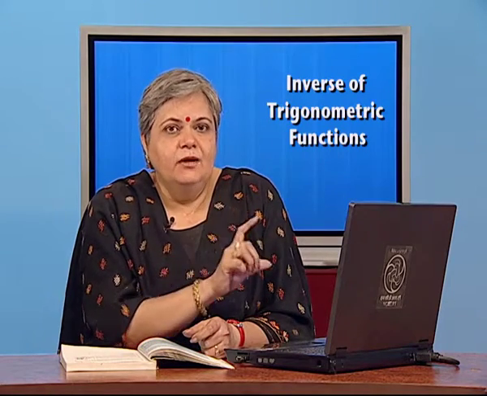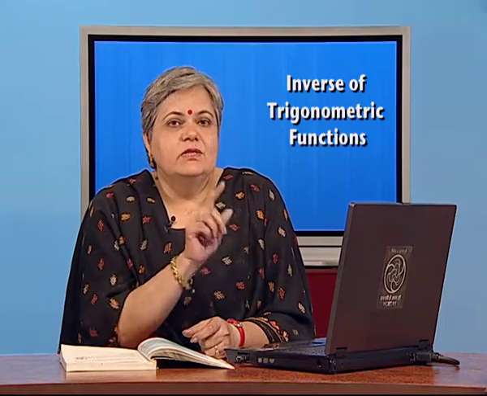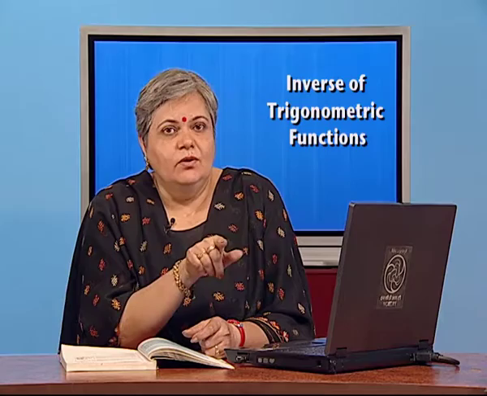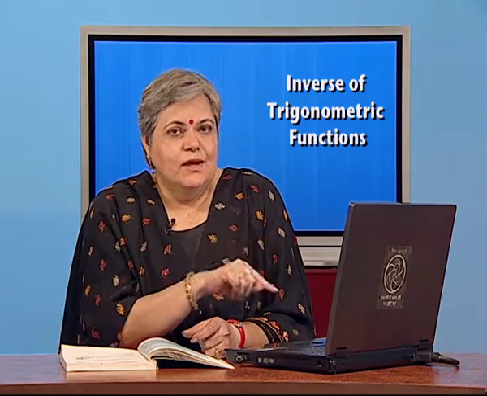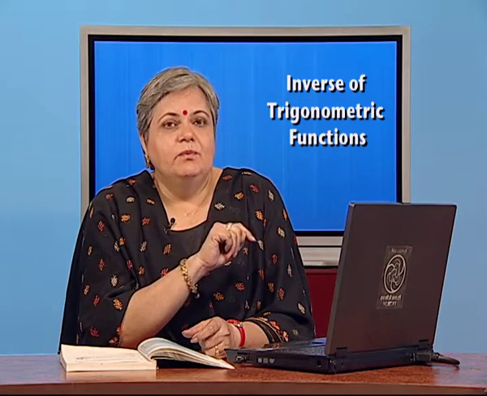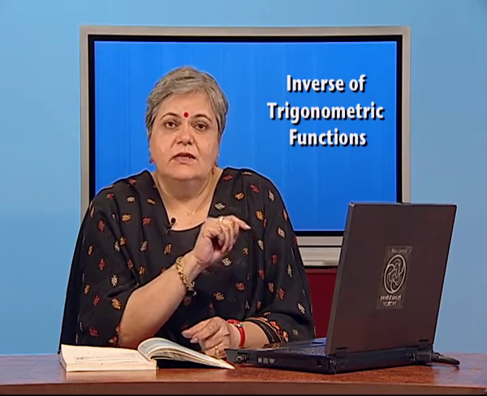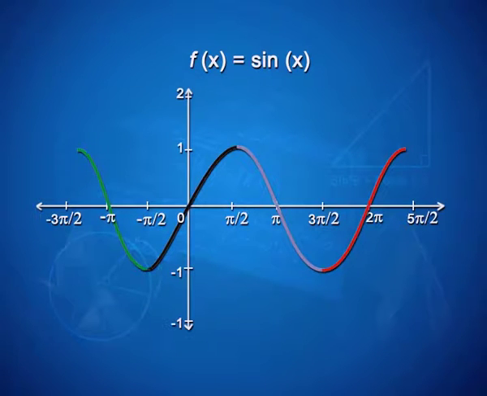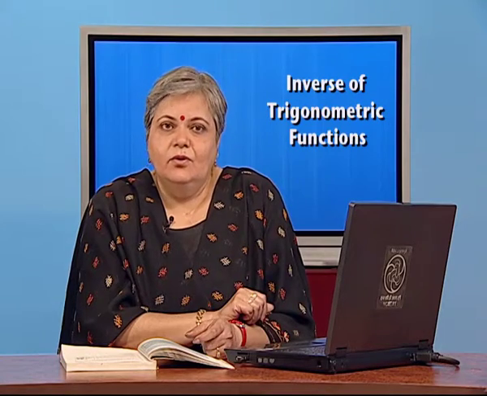That is, look for that piece of the function which is cut by the horizontal line only once, and I want it to be onto. So, I want all values from -1 to 1 covered in that. I am sure you are coming up with many answers, and yes, there is no unique answer to this. You can have several intervals over which the function is 1-1 and onto.